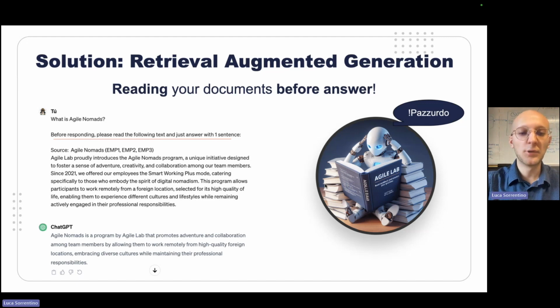ChatGPT is able to follow my instruction, read the source of information about Agile Nomads, and generate this time a correct answer. So as you can imagine, this process can solve all those four problems. It's able to cite the source of information because it's the one that you provide. It is able to keep itself updated as soon as you send an updated version of the documents. It is able to avoid hallucination because